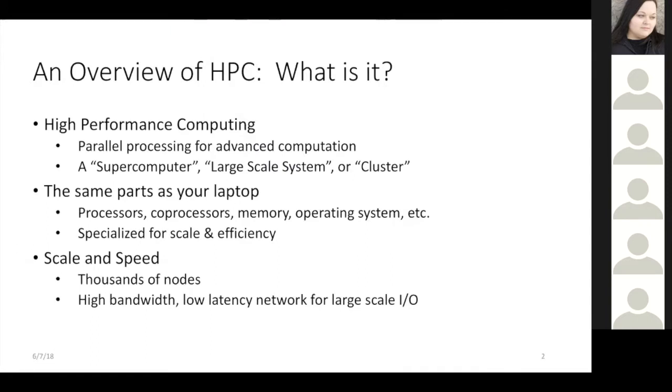So what is HPC? For the most part, high-performance computing generally refers to the practice of aggregating computing power in a way that delivers much higher performance than you could get out of a typical desktop computer. The idea is that you can run something at a very large scale and get higher throughput.